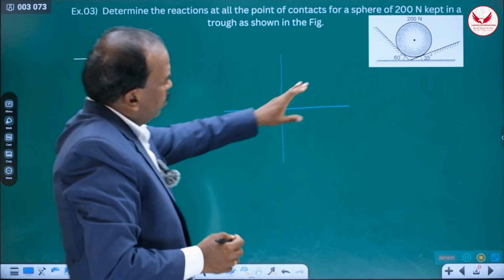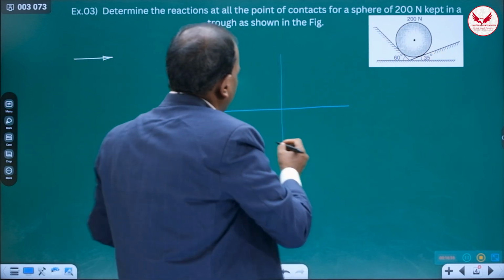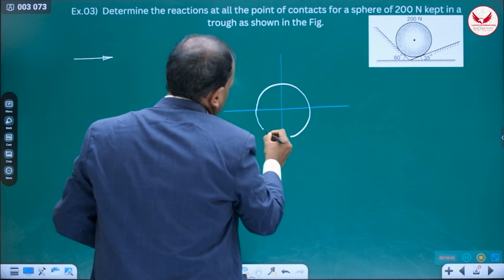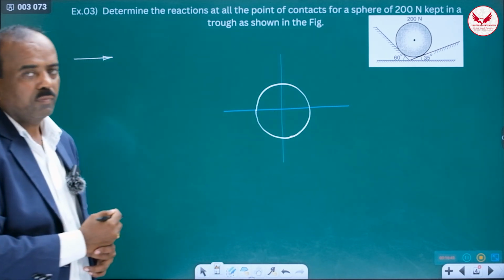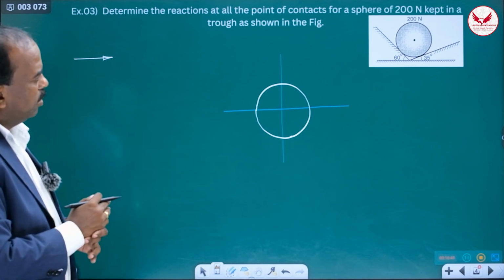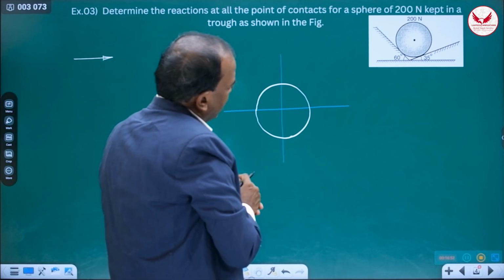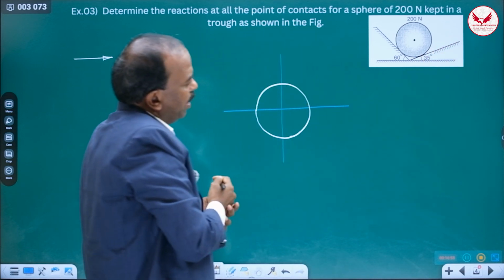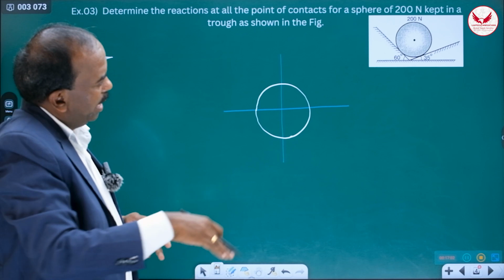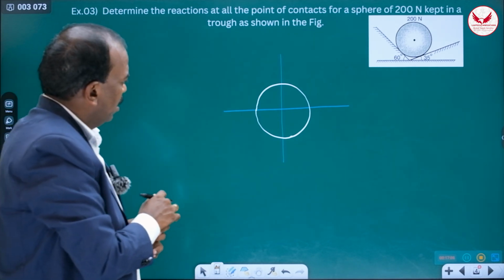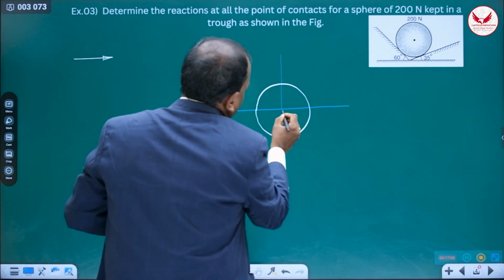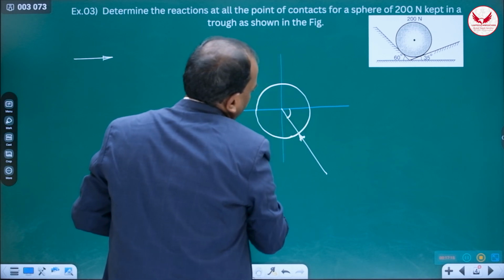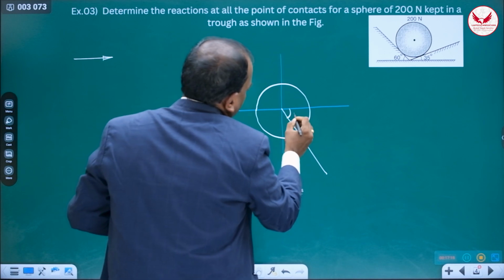Now we have to make this sphere free from these contact surfaces. Means first in the free body diagram, draw the sphere. So this is the sphere. Means we have made this sphere free from all the contact surfaces. Then from that contact surface, what do we have to do? If this surface is making a 35-degree angle with horizontal, then its reaction will make 90 minus that angle. Means the angle made by the reaction over here is going to be like this. So this is going to be the reaction, and this angle will be 90 minus 35, it is going to be 55